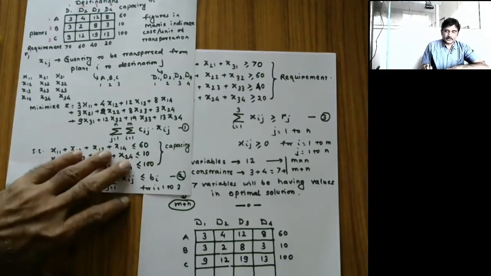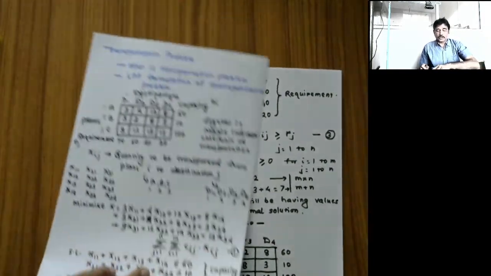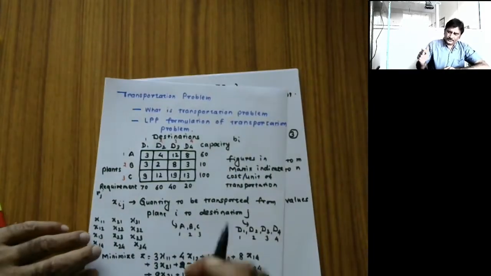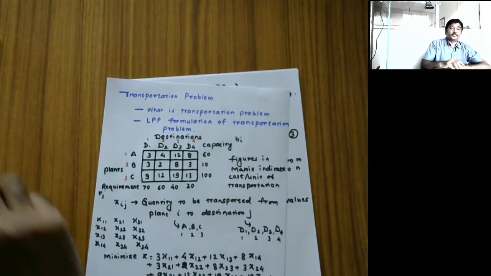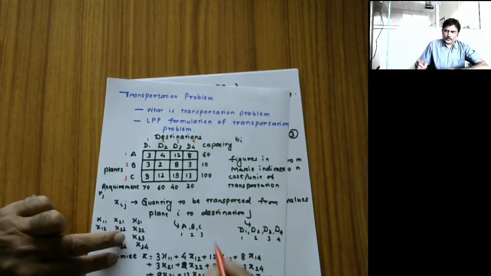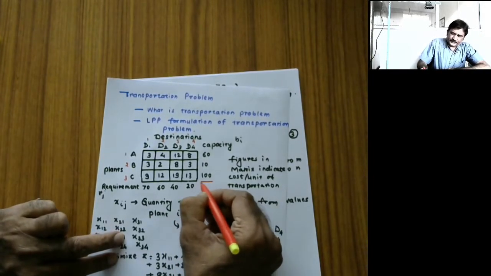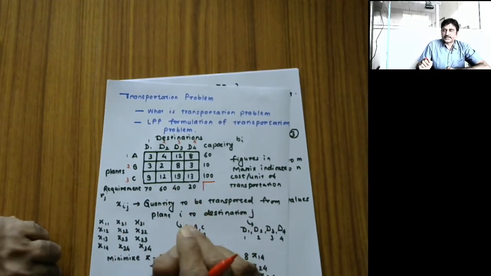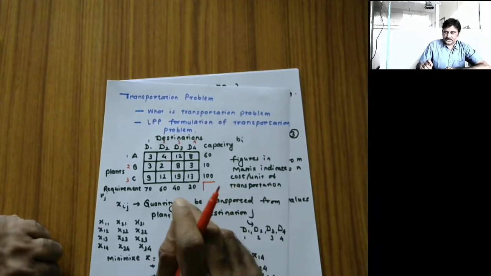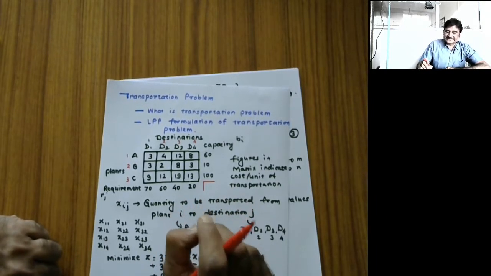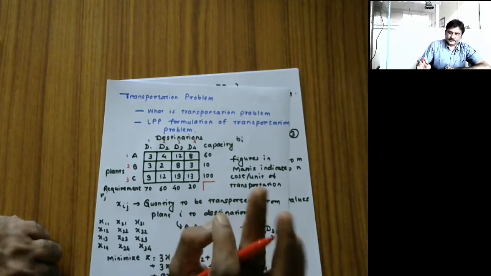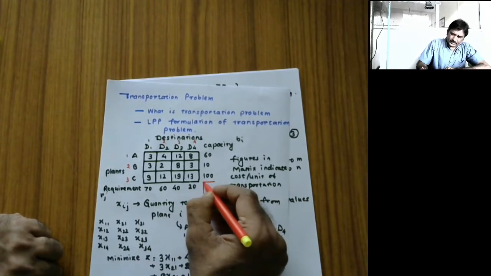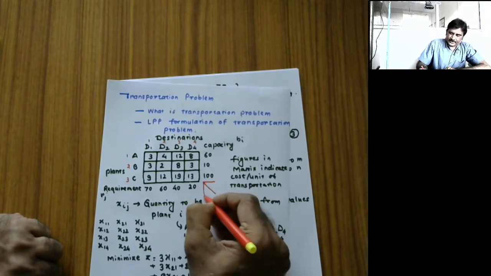So here you see that the total of capacity and requirement, it is obvious in this case that that should be equal. Okay, so first of all, let us check whether it is equal. If I want to satisfy the requirement of all the destinations, it is a must that I have enough capacity to satisfy the requirement. That means capacity should be equal to requirement. So let us find out whether the capacity is equal to requirement or not.